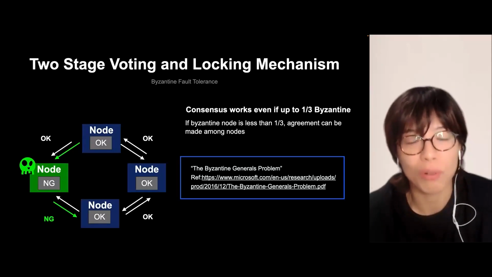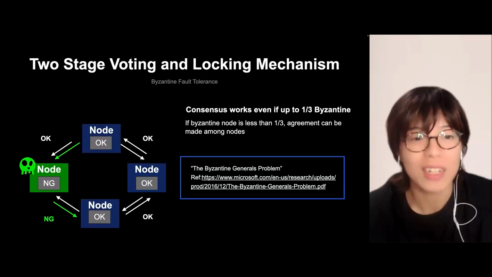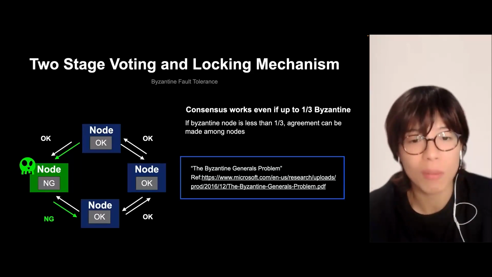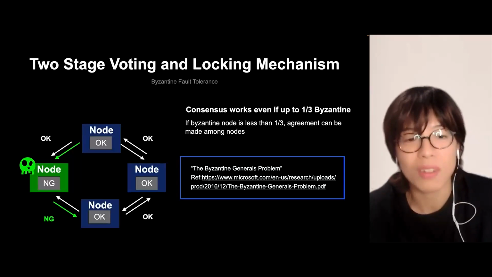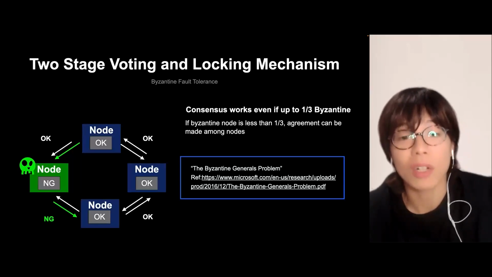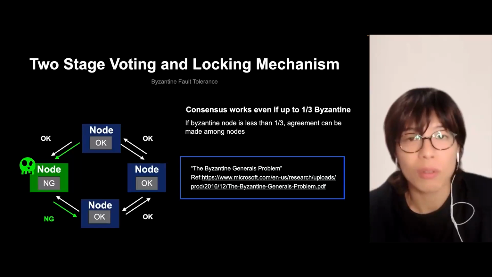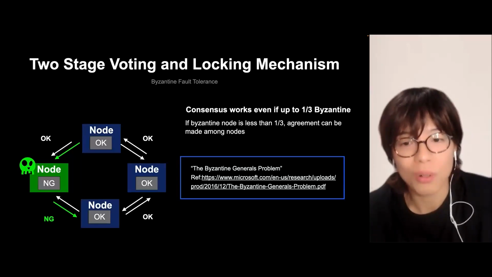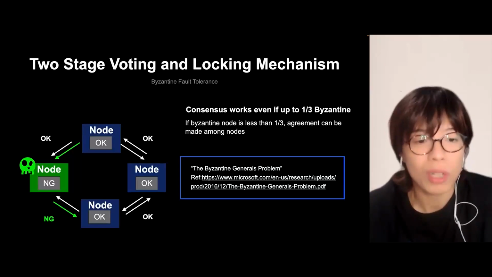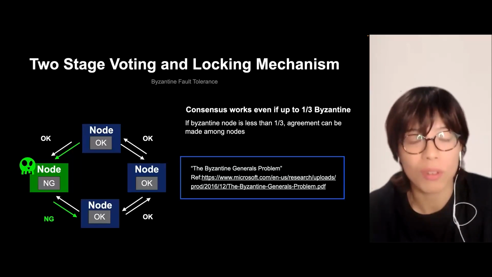So far, plus 2/3, we have mentioned how the votes can be conducted. Toward the end, I mentioned that 2/3 of the votes being enough. I would like to explain that. In the P2P network, let's say there is a malicious node. That's called a Byzantine node. And it is a malicious node, and once the message is okayed, it sends NG, no good.